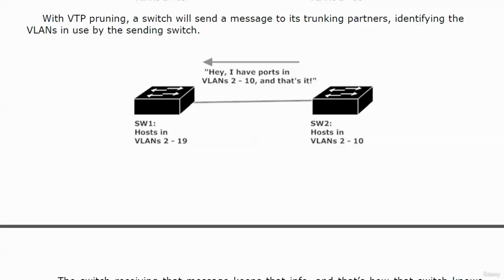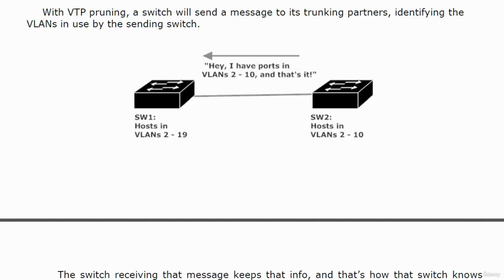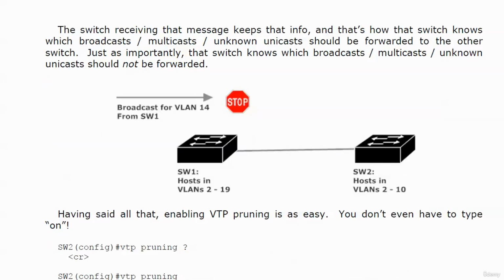Now, the switch receiving that message, in this case switch 1, is going to keep that information, and that's how that switch knows which broadcast, multicast, and unknown unicast traffic should be forwarded to the other switch, which ones to send. And really, just as importantly, that switch knows which broadcasts, multicasts, and unknown unicasts not to forward